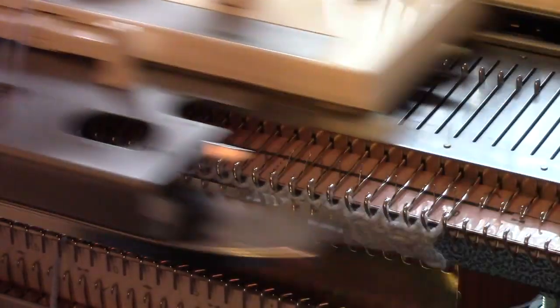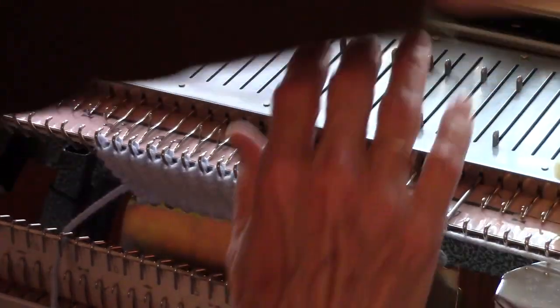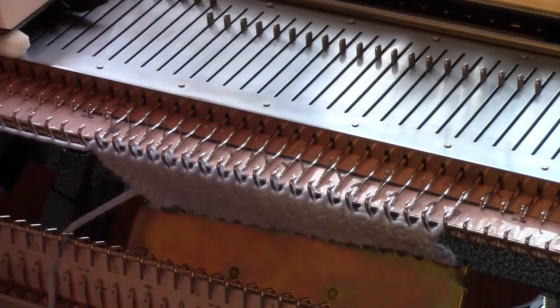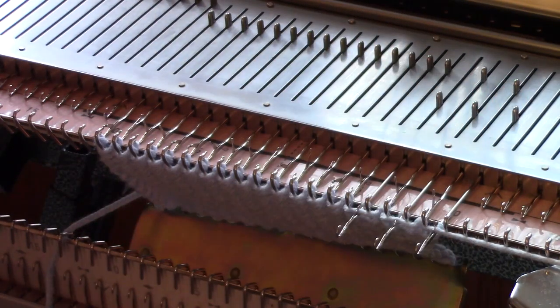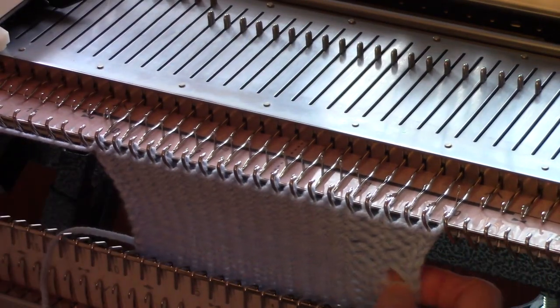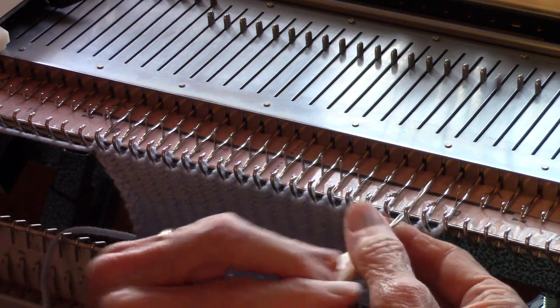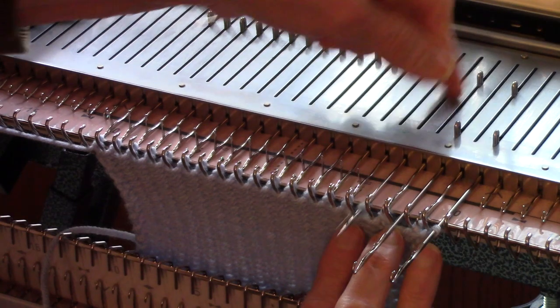So I've done 12 rows, 14 rows, 16 rows, 18 rows, and 20 rows. Now I decided for my sample to do my buttonholes each time I got to one of the 10s. So I did one at 10, now I'm doing one at 20. Again, I just move the stitch over to the left, and then I bring out needles 1, 3, and 5,